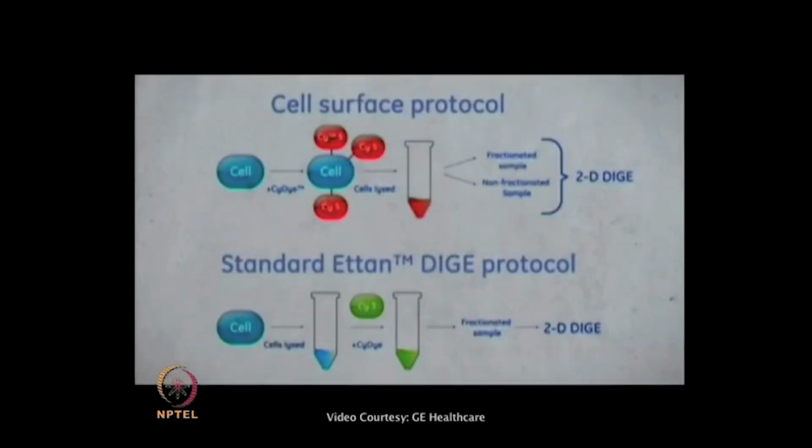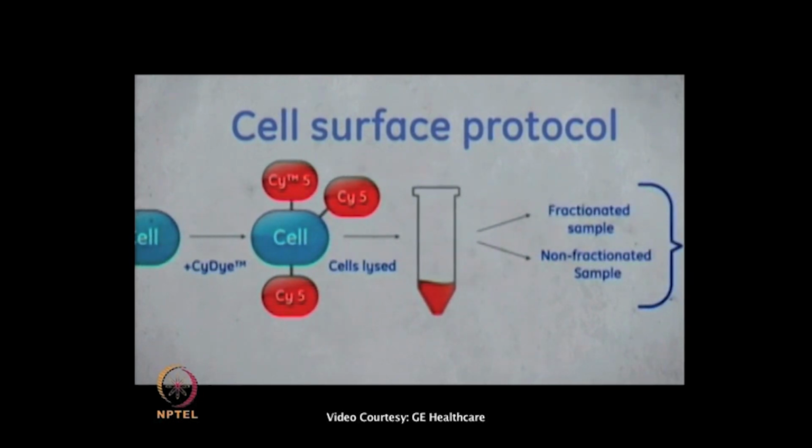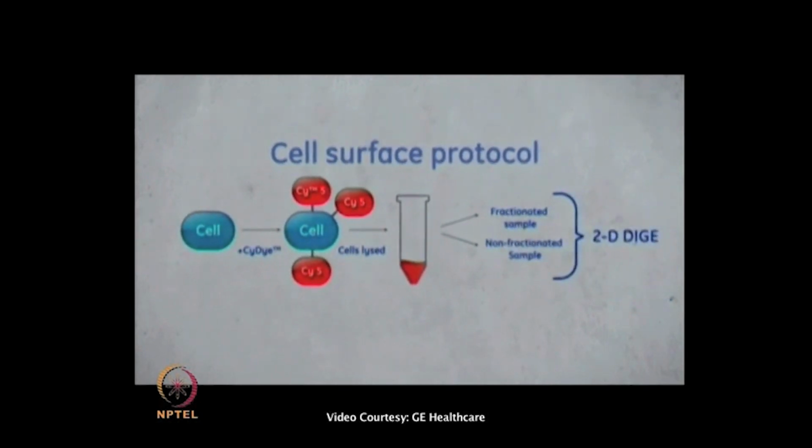In the cell surface labeling protocol, seen on top, you label the cells while they are still intact. During the labeling process, the dye will only have access to the cell surface proteins. After the labeling step, the cells are lysed. To verify cell surface specific labeling, the labeled sample was fractionated into membrane and cytosolic proteins. A non-fractionated sample was prepared in parallel for comparison. This fractionation analysis is not necessary, but was done here just to show that the cell surface protocol is specific